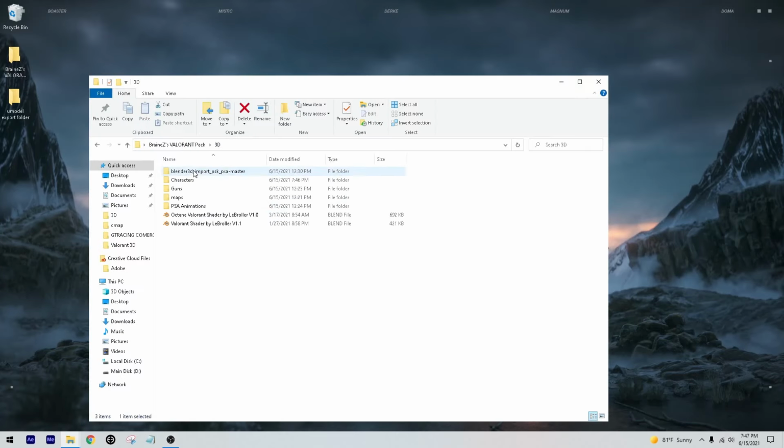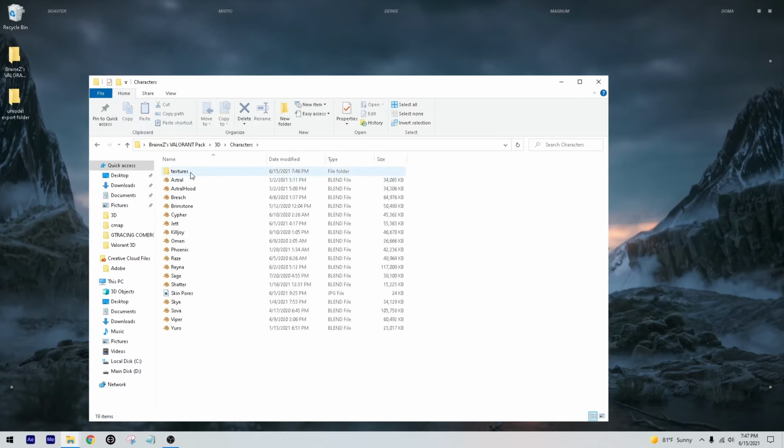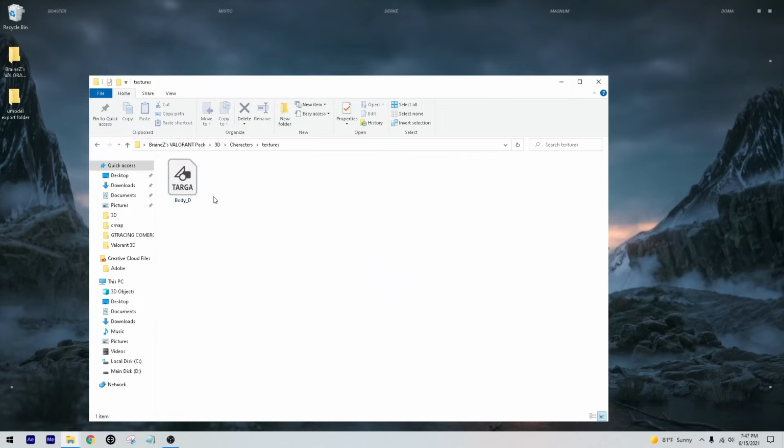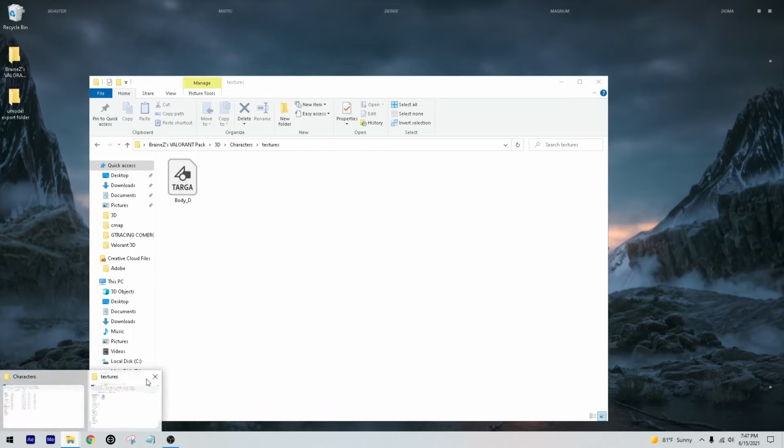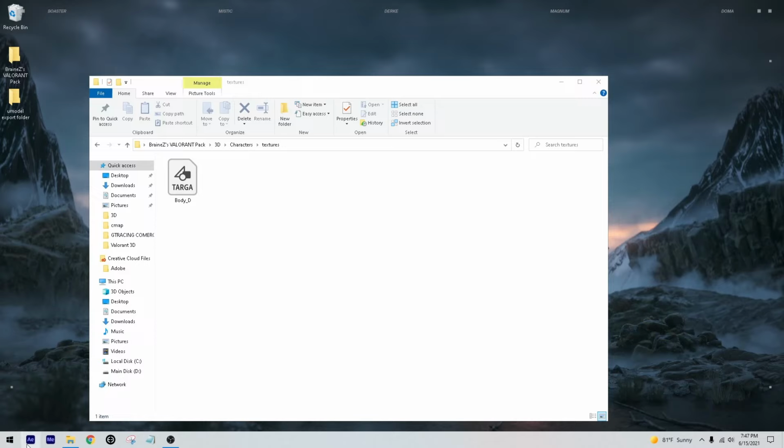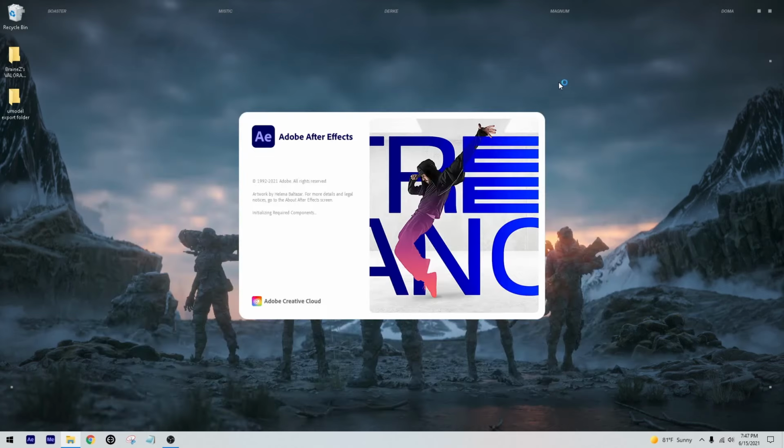We can open up our pack and go to our characters. And now there's a new folder called textures. We can open up this texture, and here's our diffuse material. To edit these textures, I would recommend software like After Effects or Photoshop. In this case, I'll be using After Effects because I'm more familiar with editing and adjusting photos in it than Photoshop. However, if you're fluent with Photoshop, just follow what I do in After Effects and do it in Photoshop. So I'm gonna open up After Effects here real quick, and I will unpause the recording once it has